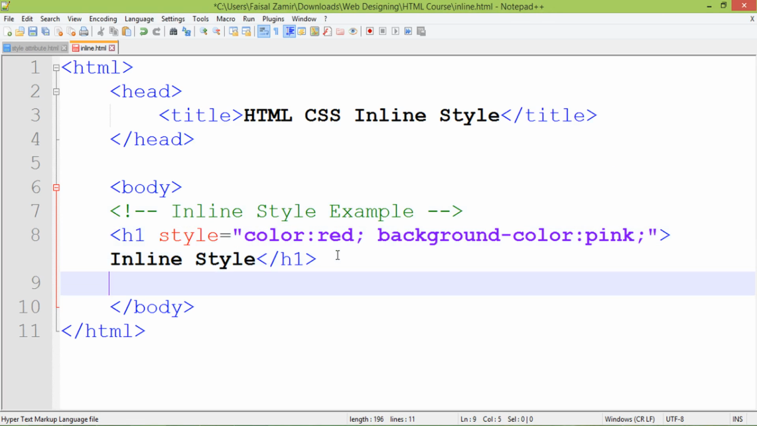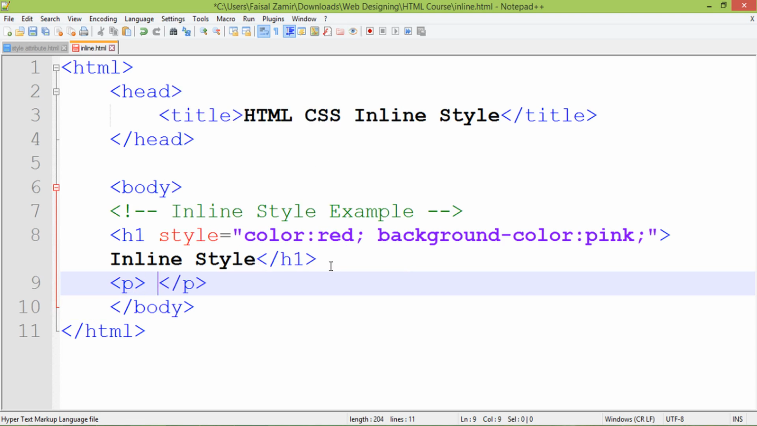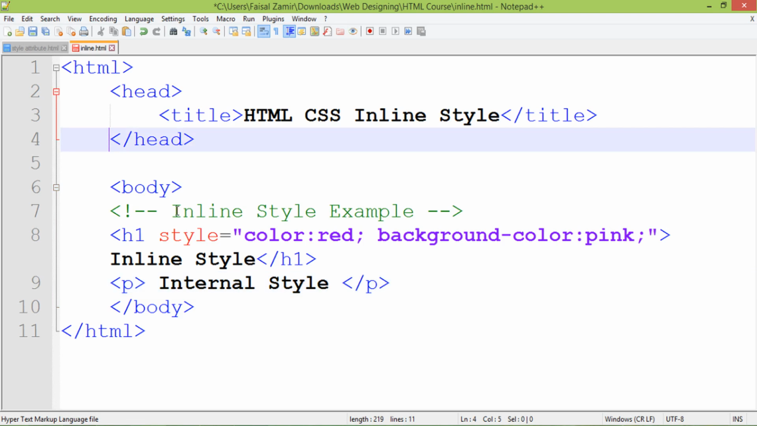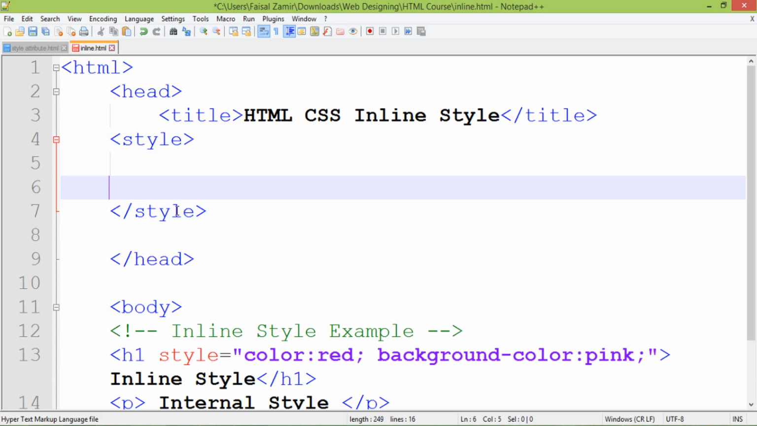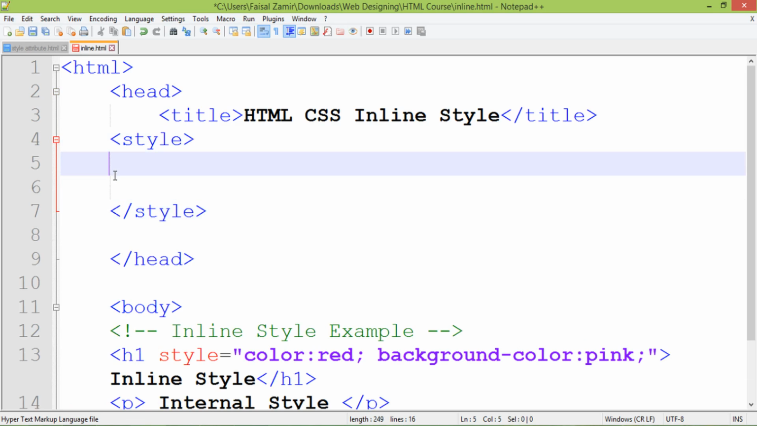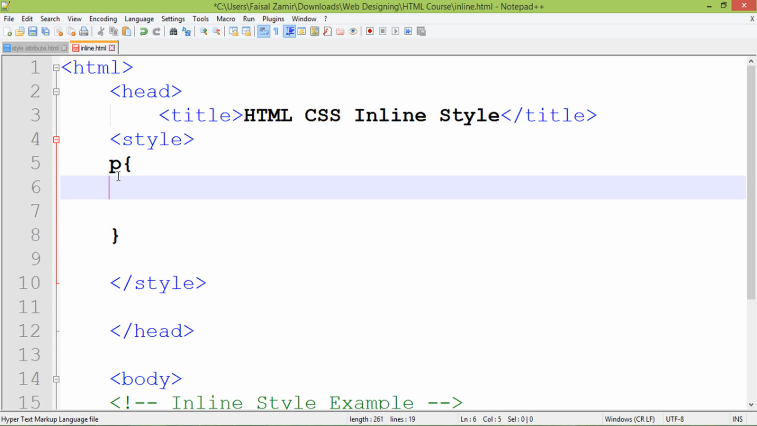Next I have to take another HTML element. For example, a paragraph element, and here I mention internal style. To provide an internal style, you have to use a style tag in the head section. This is the starting tag, and this one is the ending tag. Between starting and ending, you can target any HTML element to apply CSS properties or CSS style. For example, I want to apply a style on the paragraph, so I will write p, and then here you can mention all the CSS properties like color,